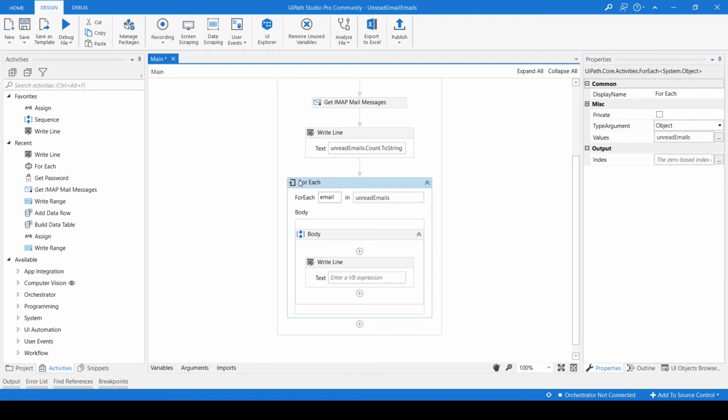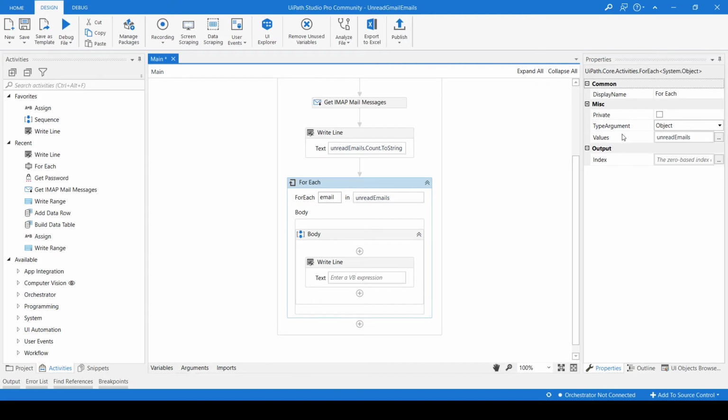When we use this For Each activity, there are lots of mails, meaning more than one mail in this variable, and we are storing them into one variable. When we are holding them somewhere, we need to provide that variable name. Here in this property panel we have some options. When we click over this For Each loop, we get these options. If you click outside somewhere, these properties will not come. So this loop itself has some properties.